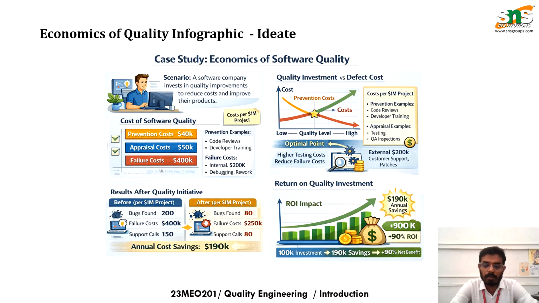When the quality level is high, prevention cost increases slightly, but the overall cost reduces, between the minimum quality level and the optimum quality level. So the results, before improvement and after improvement, show annual savings varying